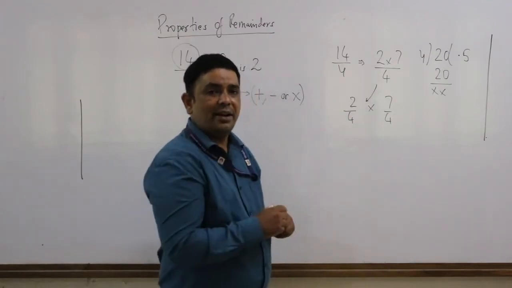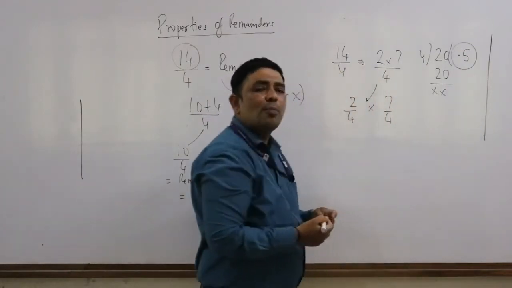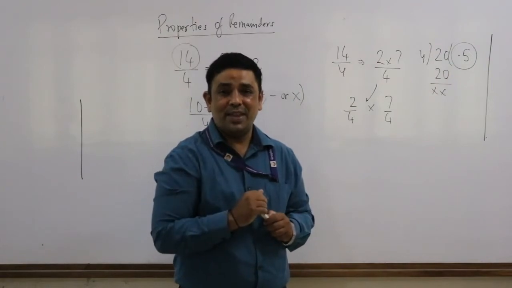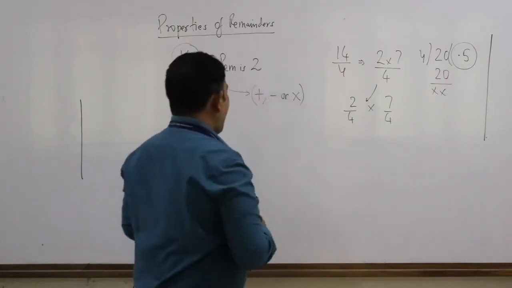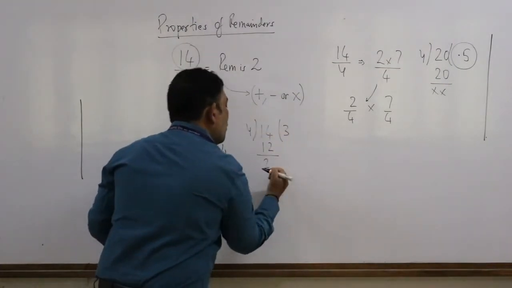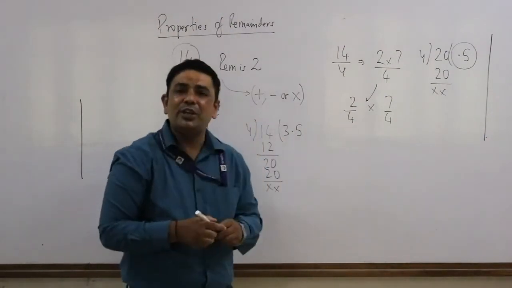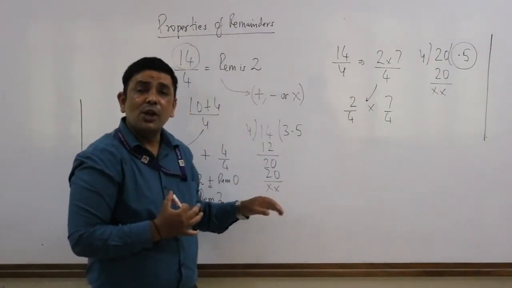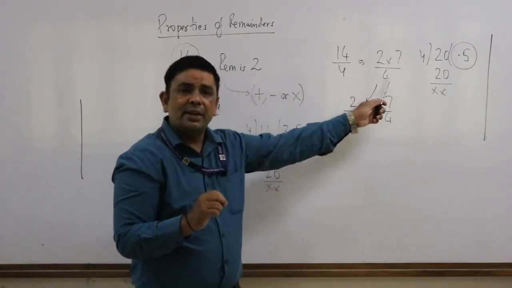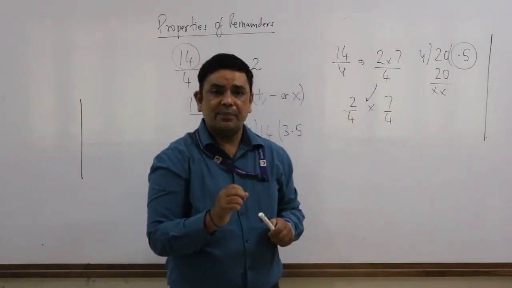Because when you are finding out the remainder, in the process of doing so, the answer that you get, which is also popularly known as a quotient, cannot be a decimal value. If that would have been the case, then 14 divided by 4 would have been 3.5, and the remainder should have been 0 here also. So what is the second rule? The second rule is, while finding out the remainder, the answer or the quotient cannot be a decimal value, it has to be an integer.